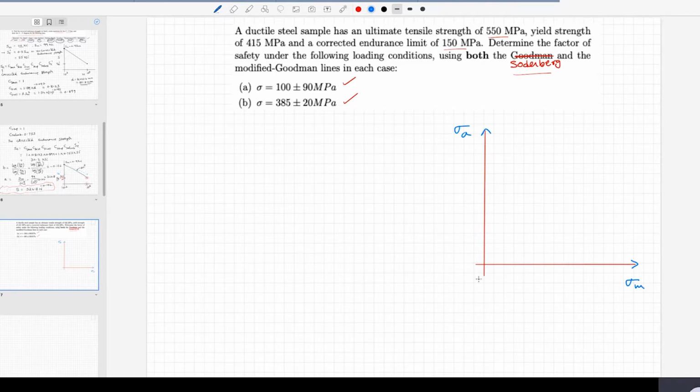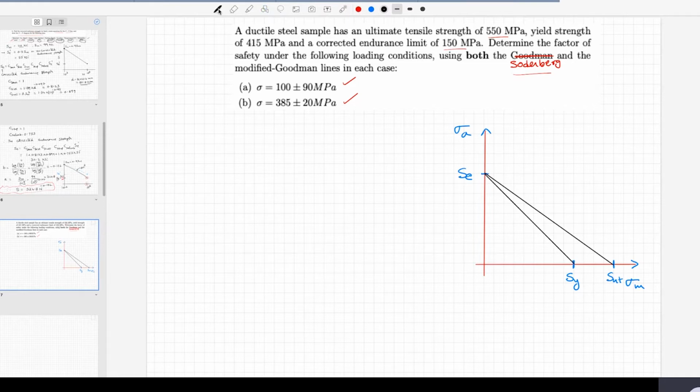And let us say on the x-axis, you identify this to be our yield strength Sy, and that to be our ultimate strength Sut. On the y-axis, you have identified your corrected endurance strength Se. So now what we are saying is that these are failure lines. If I am joining Se with Sut, that is my Goodman line. And if I am joining my Se with Sy, that is my Soderberg line.